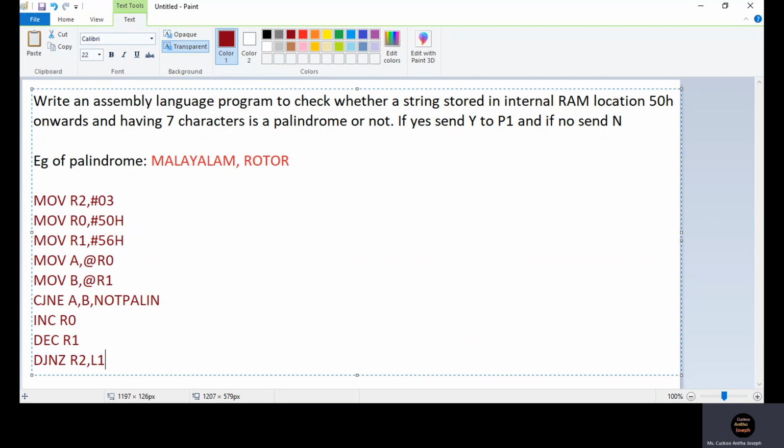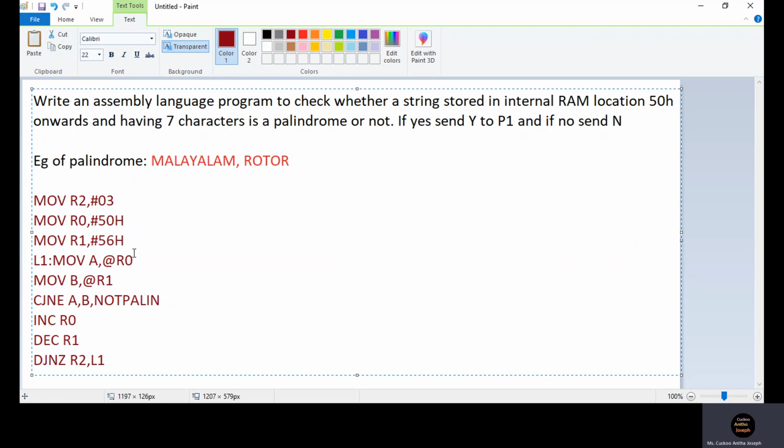So where should the label L1 be given? To do the remaining comparisons, what should we do? We have already incremented R0 and decremented R1. Now we should get the values into A and B registers. So L1 should be the label of this instruction.